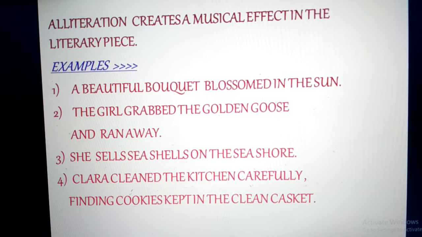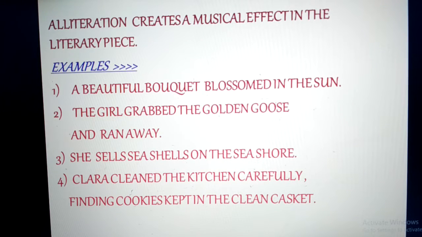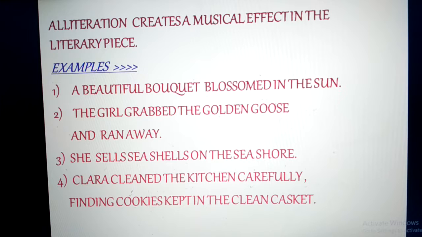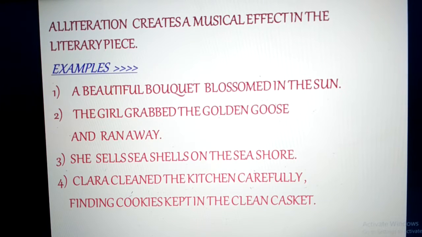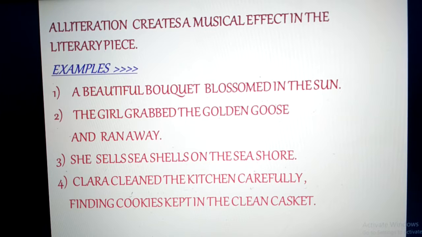A beautiful bouquet blossomed in the sun. Very clearly you can see the letter B and the sound B produced from the first letter B from three words in the first line. A beautiful bouquet blossomed in the sun. As well as the sound S has also been produced at two places in the same sentence. A beautiful bouquet blossomed in the sun. Isn't it very